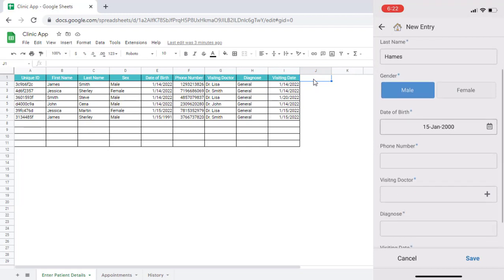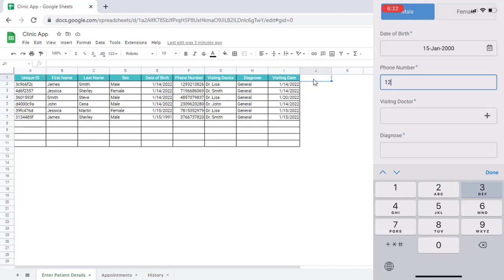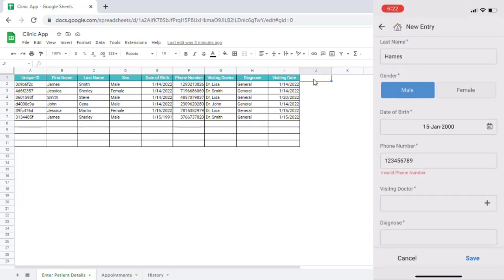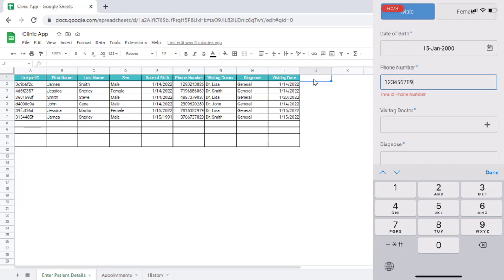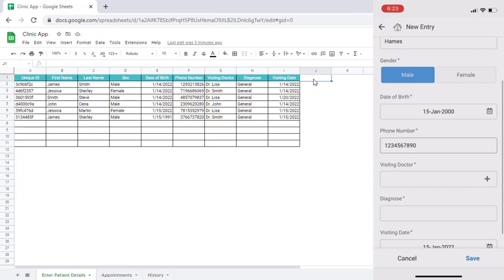Now if I enter the phone number 123456789 and move to the next one, you can see it's showing an invalid phone number. It means we have to enter a 10-digit phone number only. So I will add an additional number, which is 0. Now you can see it's not showing any error.